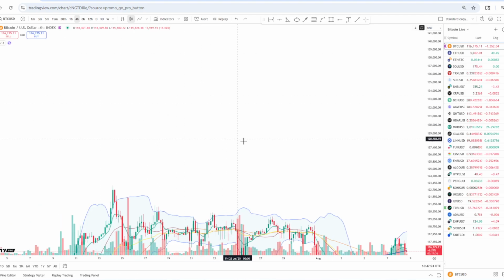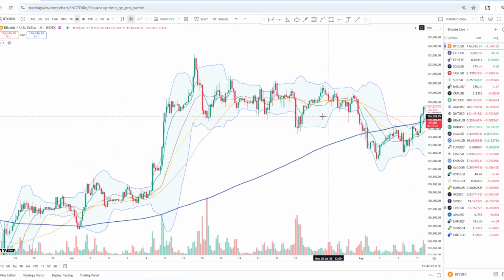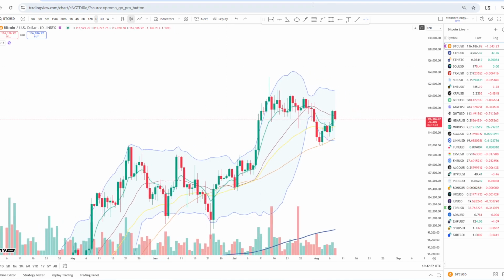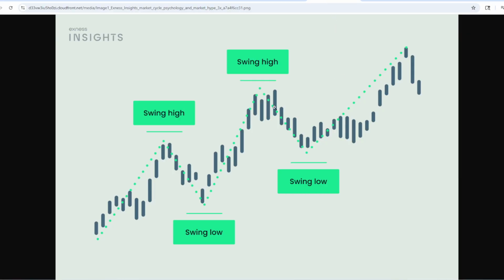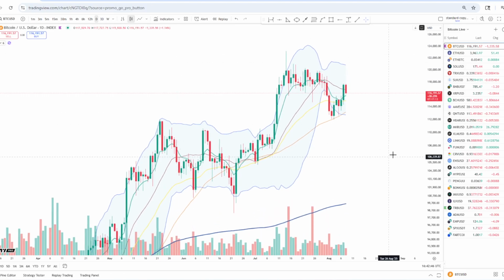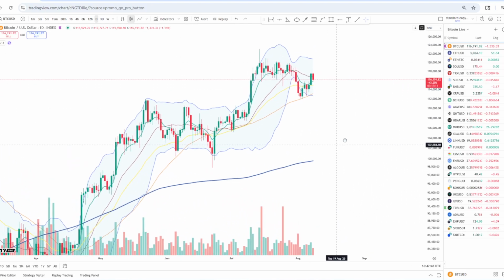For today's lesson, we're going to talk about the concept of a swing high and a swing low, what it means, what the point of it is. So here is a couple images. We'll start here. This is an uptrend. We have the swing high, the swing low, swing high, swing low. And then here we have the uptrend and the downtrend. And in a downtrend, swing high, swing low, the whole point is essentially these are the major momentum turning points